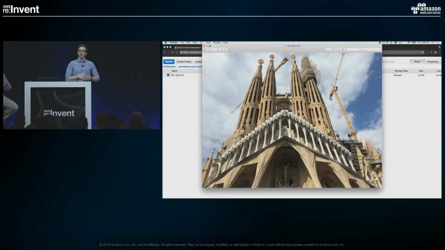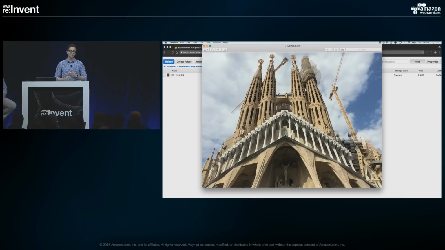And in my example, all I'm doing is I'm going to convert this image. This is a picture I took this past summer when I took a trip to Barcelona. This is the Sagrada Familia. If you know anything about this church, it is crazy old. It's been being built for like 120 years, and there's still like 20 or 30 years left. But it is amazing. But what I want is I have this in a JPEG format. You can resize it, you can do a bunch of stuff. I just want it in a PNG and BMP. Let's just say that's what I want to do for this example.